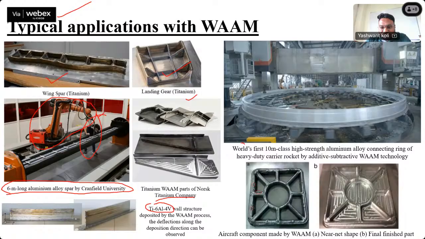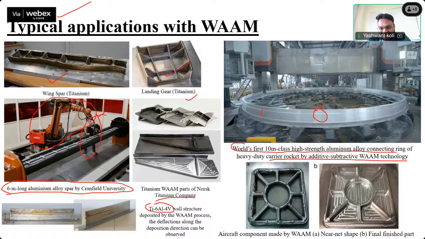You can see the world's first 10-meter class high strength aluminum alloy connecting ring of a heavy duty carrier rocket, made by additive-subtractive WAM technology. The surface is very smooth because we deposited through wire arc additive manufacturing using CMT,